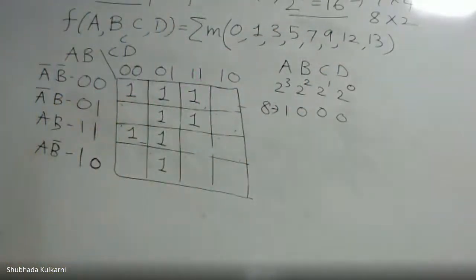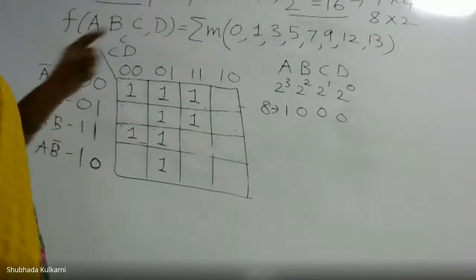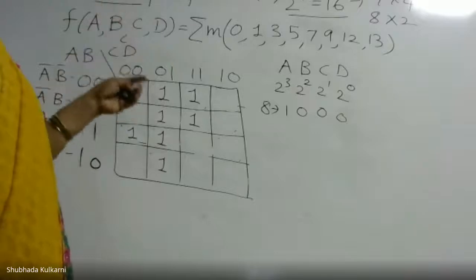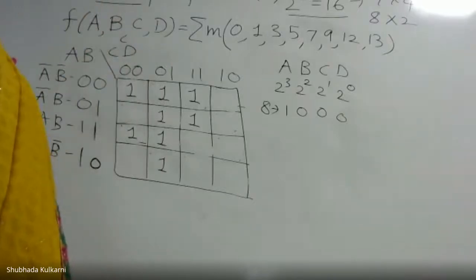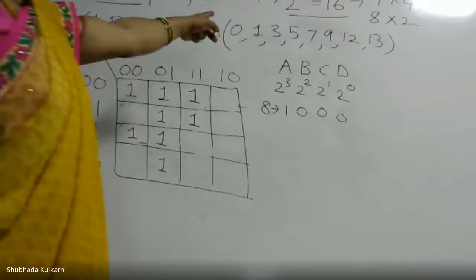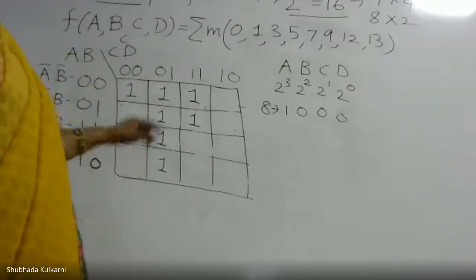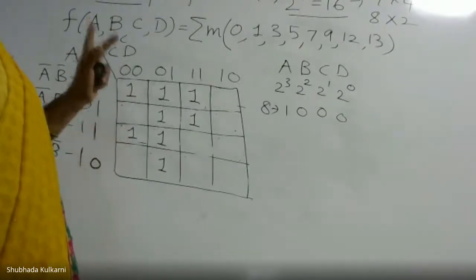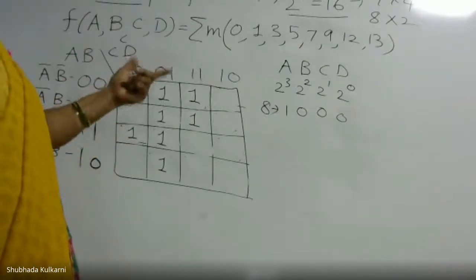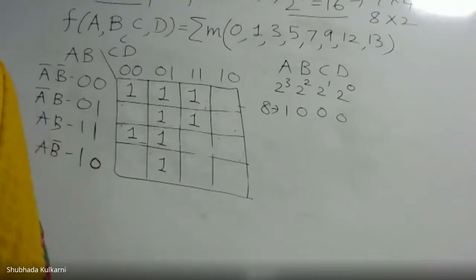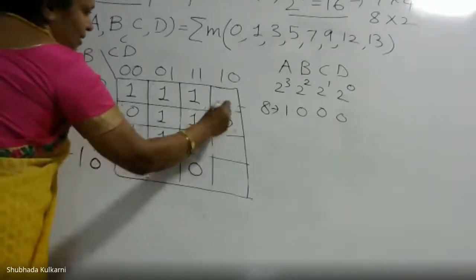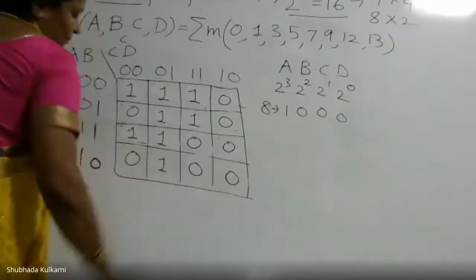Why do we check like this? You should not miss even a single term from the given problem to here. In the exam or in any assignment, what happens? Some students in a hurry miss carrying one of the min terms here, so the entire solution goes wrong. Though the procedure is correct, the answer is wrong because the initial problem is not copied properly. Now for the remaining positions, first I will fill zeros so that you can see the ones very clearly.